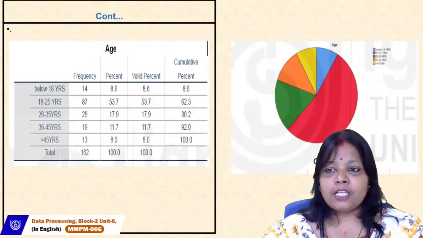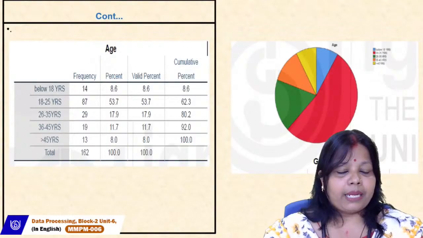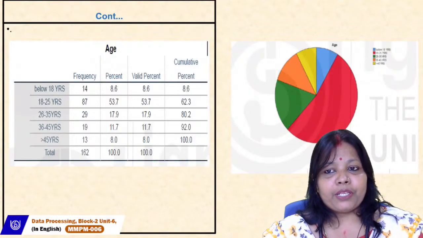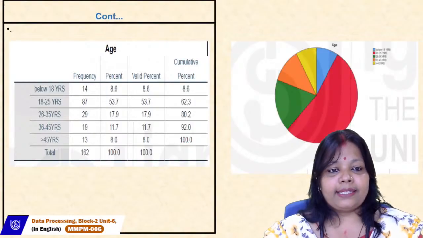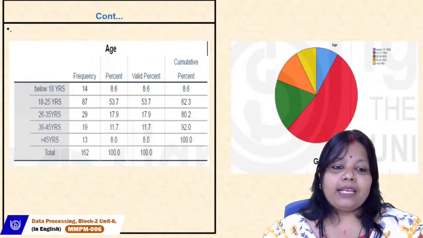So what is the total number of population here? By adding together, it is 162. It means in my population, from where I have collected the data, there were 162 persons present. Then what I have done,